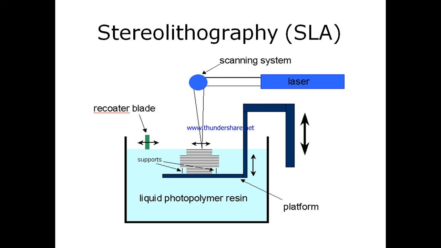vat. Some geometries of the objects have overhangs or undercuts. These must be supported during the fabrication process. The support structure is either manually or automatically designed to move upward and downward. Upon completion of the fabrication process, the object is elevated from the vat and allowed to drain. Excess resin is swabbed manually from the surface.